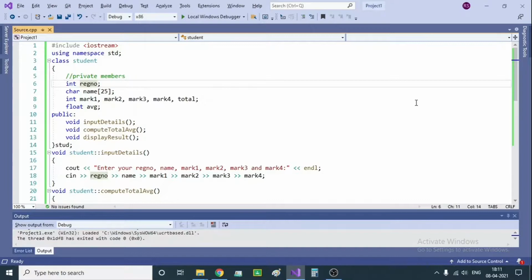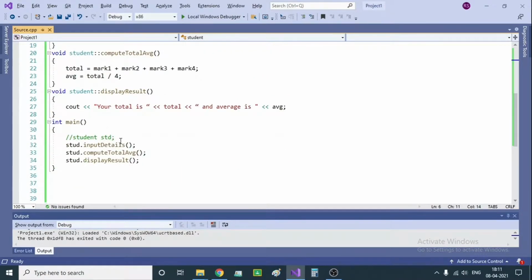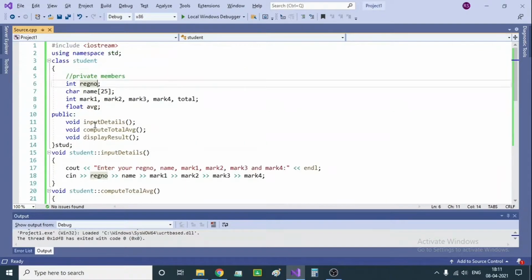Hello students, I have already demonstrated this program as an example for creating a class and object, but now I am going to extend this program to be more effective. That is, in the current implementation there is a limitation that we can only store the information pertaining to one student at a time. That is because we have just declared a single object, and that object is only capable of storing details of one student at a time. So when we want to process multiple students through our program, we have to run the program repeatedly.